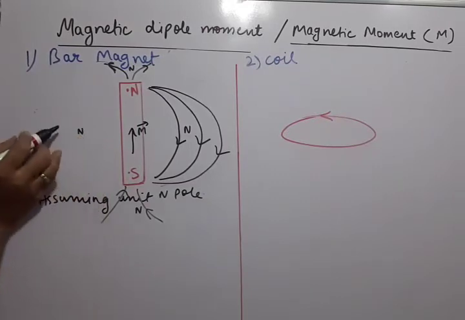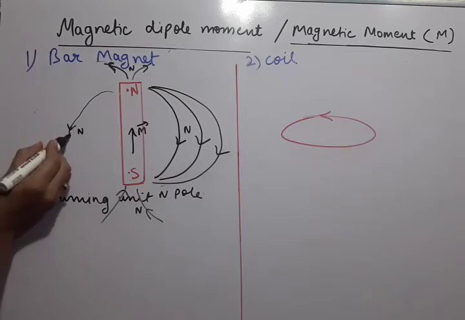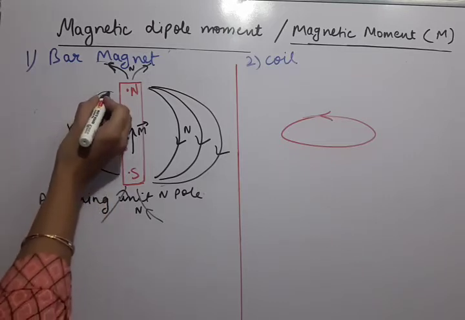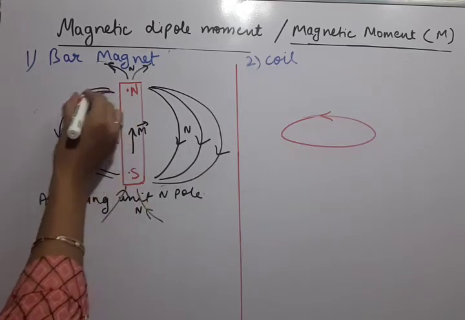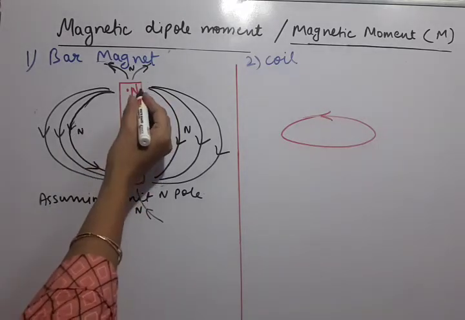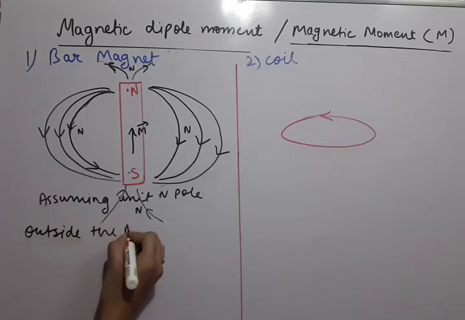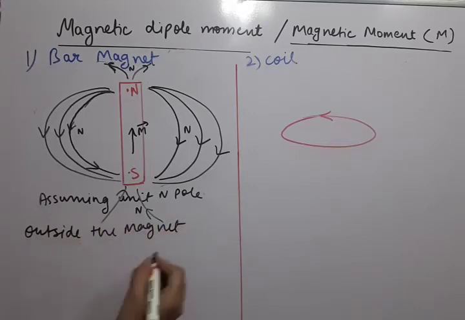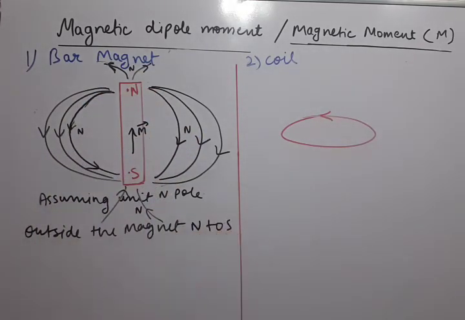On this side also, where this N will go, from this N it will be repelled, but to this S it will be attracted. In the same manner, we can draw a number of such lines. Okay, these are the field line pattern. Now just carefully observe that outside the magnet, now a very interesting point is there. Outside the magnet, the field lines are from N to S. Okay, field lines are from N to S.